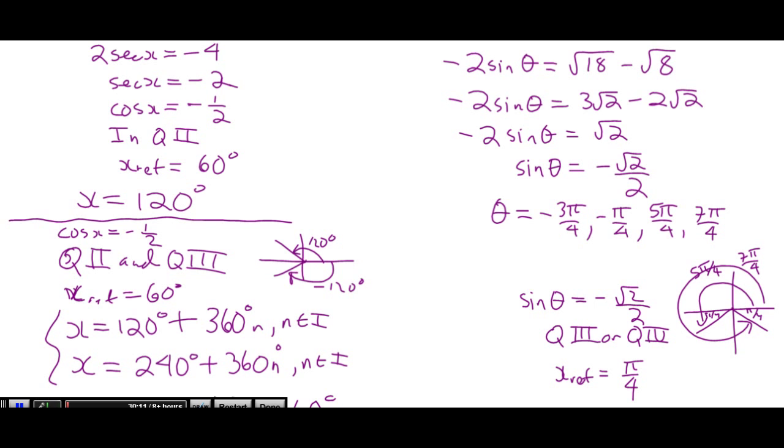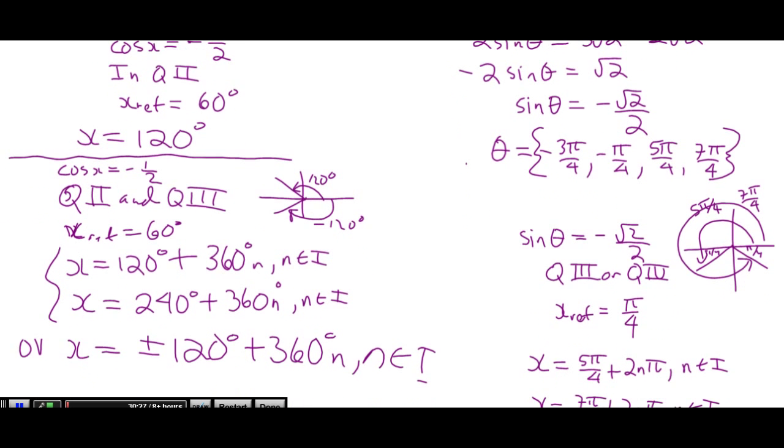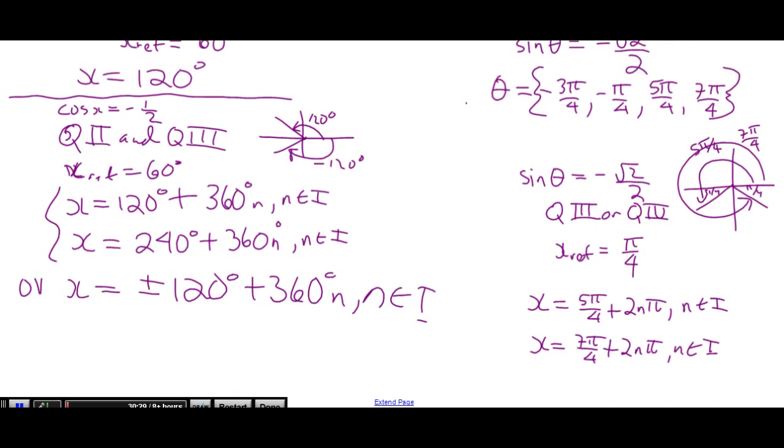Okay? So general solution first, and then we can take the general solution and just do the restricted domain, just go up here and state it. And actually, I suppose it should be a set of numbers. So let's put it in set notation. Theta is equal to the set consisting of